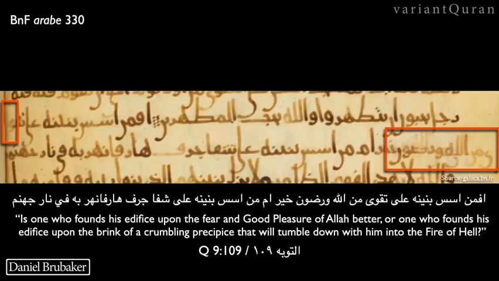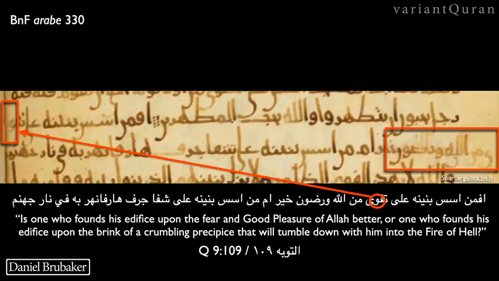All right, so what you see happening here, I believe at the end of the first line of text, is the erasure of something that has been overwritten, and it is the waw of the word taqwa, or fear. Then on the next line, you do see some shadows of what was first written, which would be out into the margin. There are a couple things going on here. I'll talk about those as we progress.